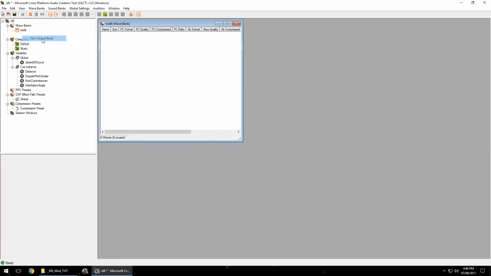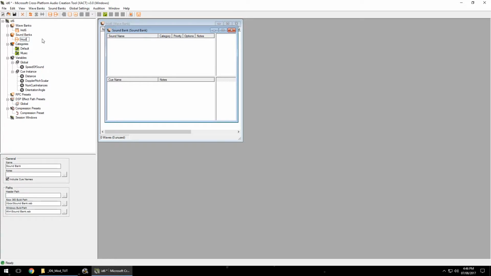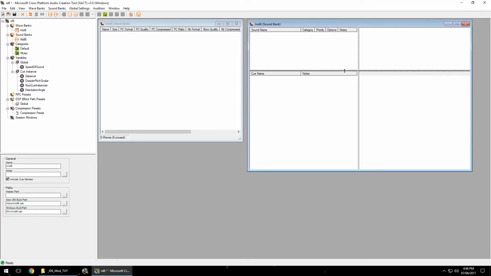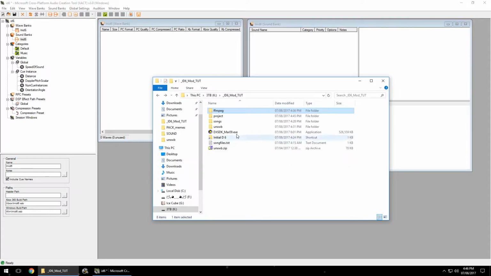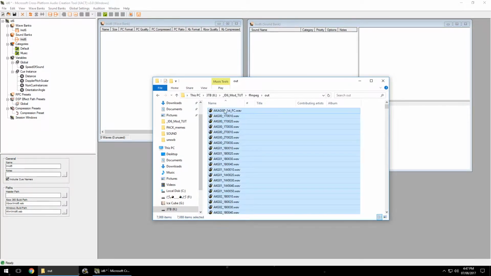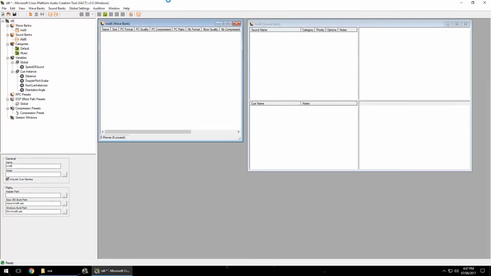Then you want to create a sound bank, which for convenience is just going to be called the same. And you have these two windows over here, so we're going to make this one a bit bigger. The first thing you want to do is go to the ffmpeg folder, into the out folder, select everything, and just drag it in here. This takes a bit to load the files in, and once we're done with that,